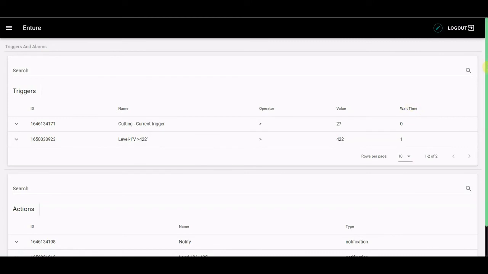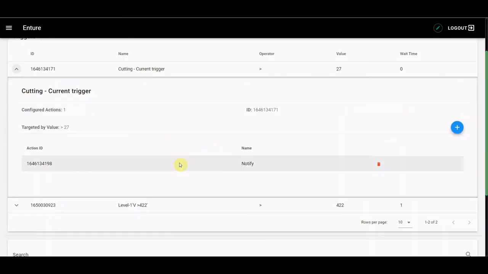Moving on to the next section, we have actions and triggers. Actions and triggers are typically used for creating very basic automations, and these can be used as building blocks for larger automation or even notification services. We can create threshold values, and these triggers can be easily attached to different kinds of parameters. As and when the parameter hits a certain threshold value, so this is the trigger point and this is the value, we have different kinds of actions attached. So whenever this trigger is targeted, these actions are